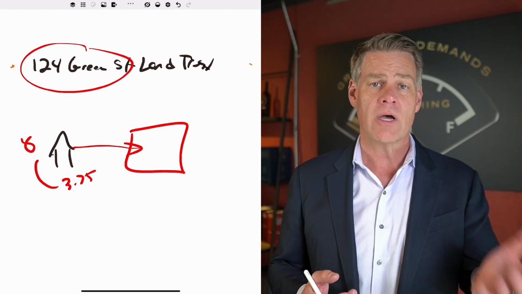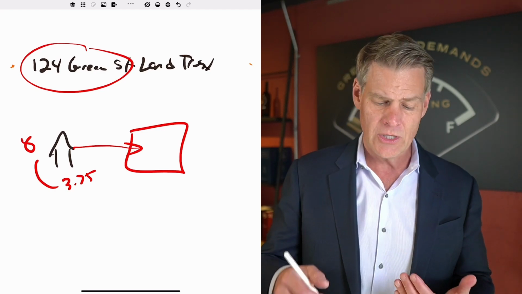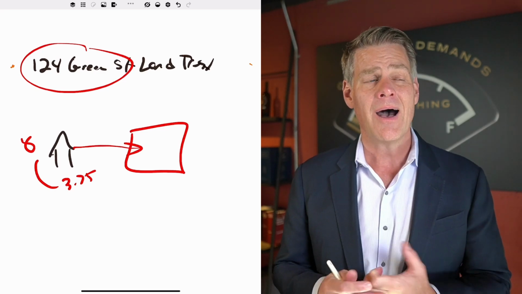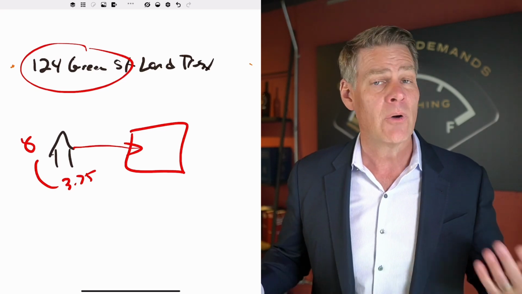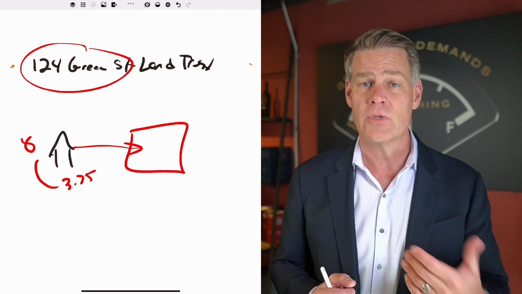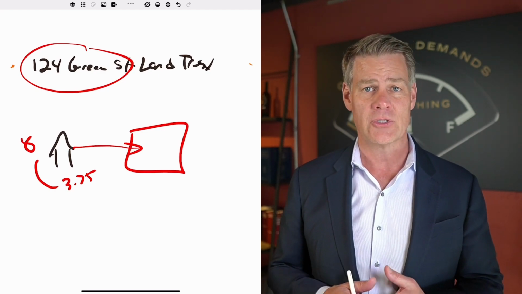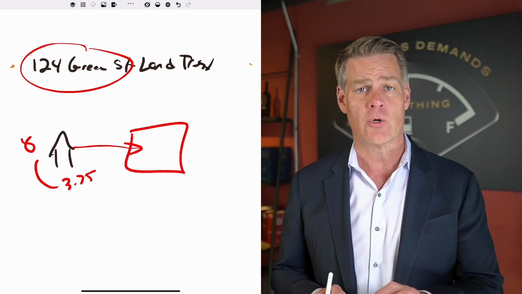Now, where this goes off the rails is that when you put the property address into the trust, if a lender were to pull title, they're going to look at that and say, hey, most clients that we work with who have living trusts don't put a property address in the name of their trust. So that could be a potential red flag.